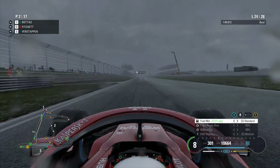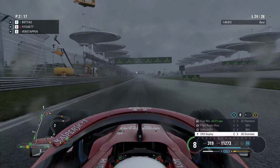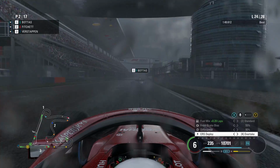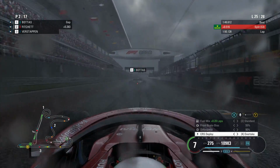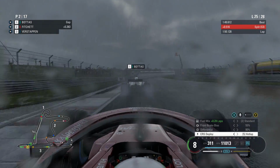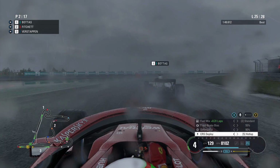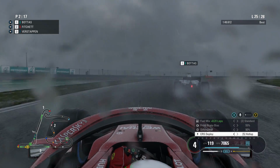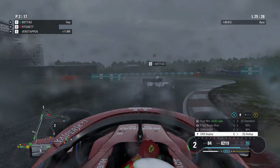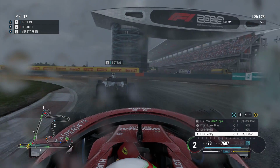And I don't think we're going to be close enough to have a run at Bottas down this back straight on this particular lap. We've closed up through the final corners. We start lap 25 up into hot lap mode. We are gaining on Valtteri Bottas just a tad too late down the straight. We didn't really have anywhere to go with it, and we've just had to jump on the brakes a fair bit in the middle of turn number 1 as he was parking it a little bit on the apex, trying to get